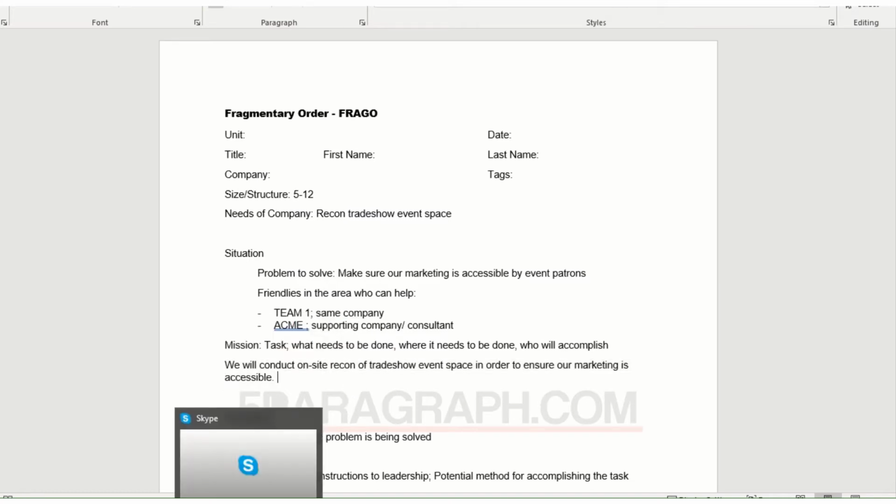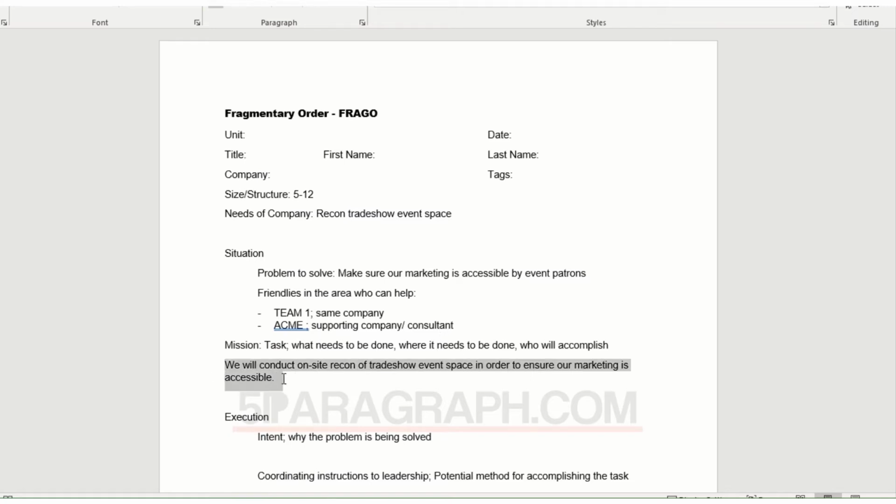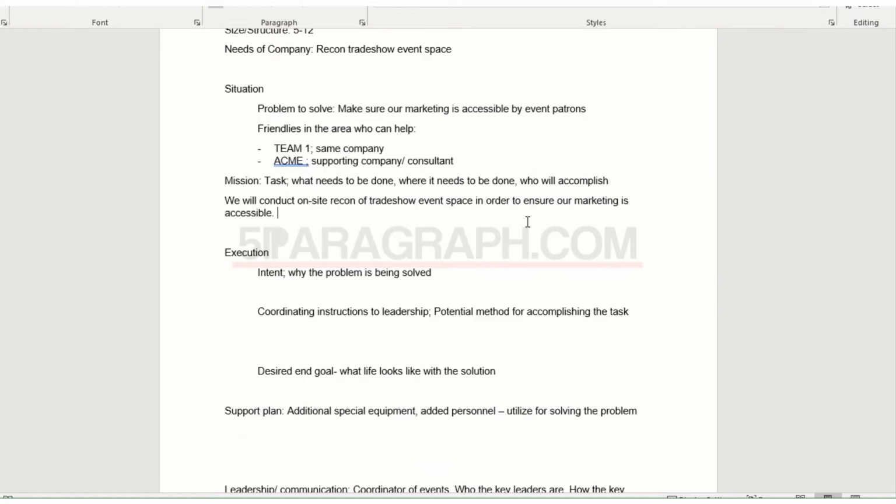This is something else that we talk about inside of the 5P inner circle, is how to write a solid mission statement. And that is an in-depth thing that you need to get used to doing. Alright, so